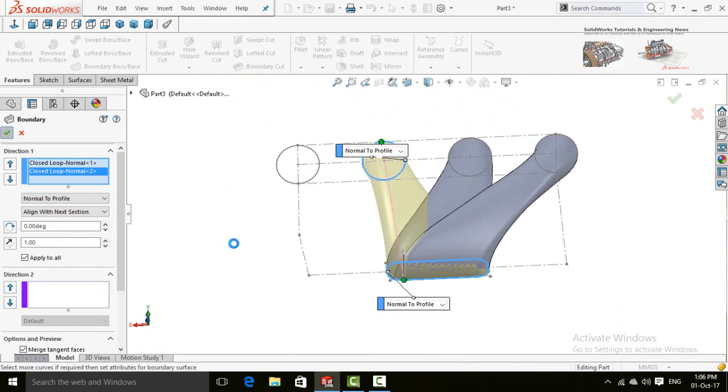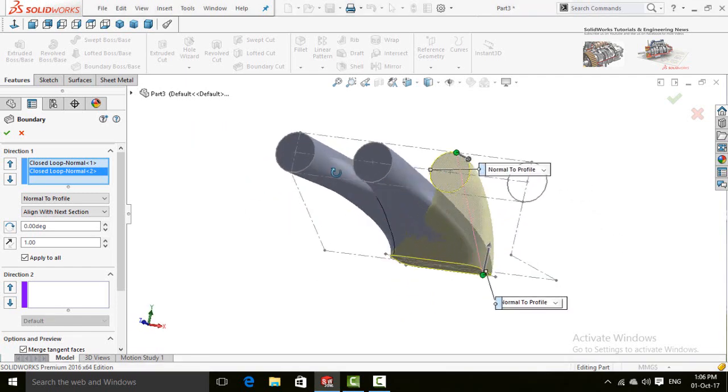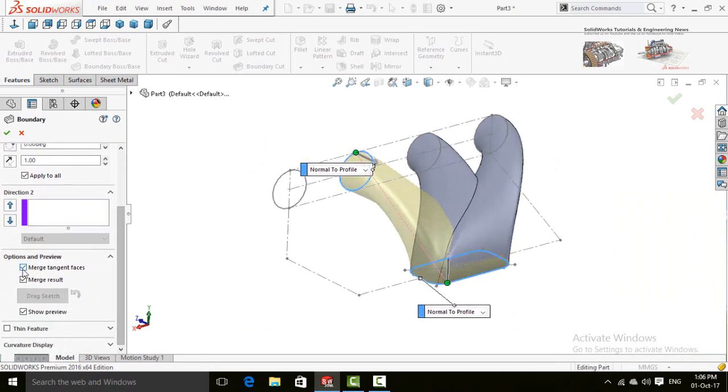Press OK button. Now it is showing an error, so scroll down and uncheck this box merge tangent faces. Press OK button.